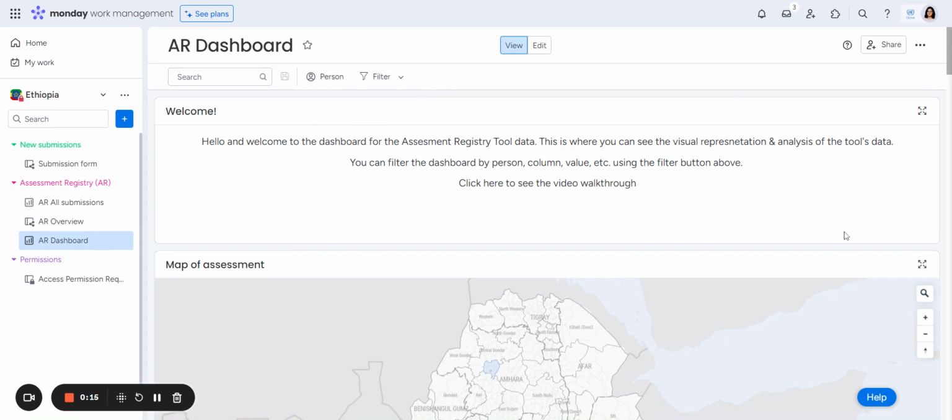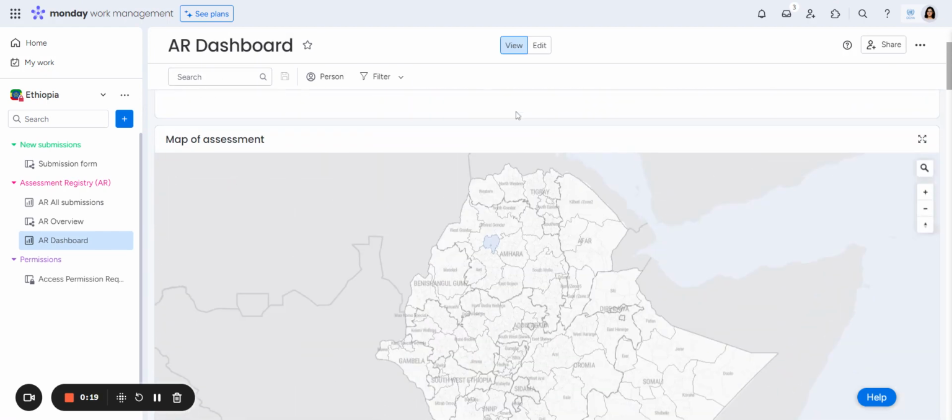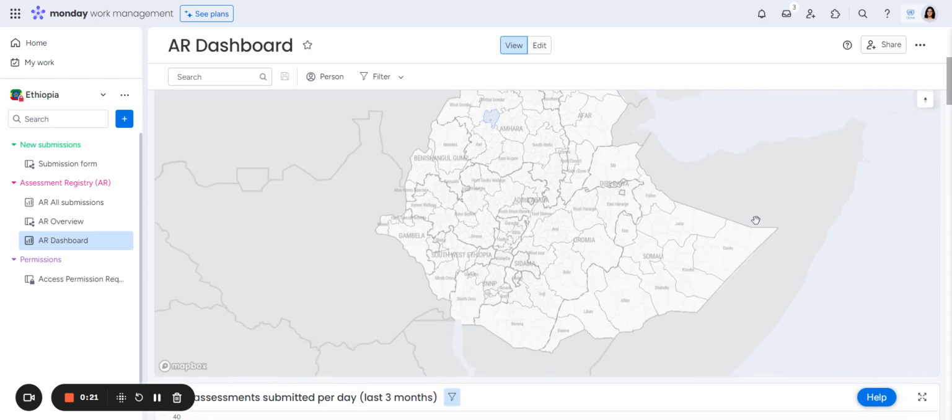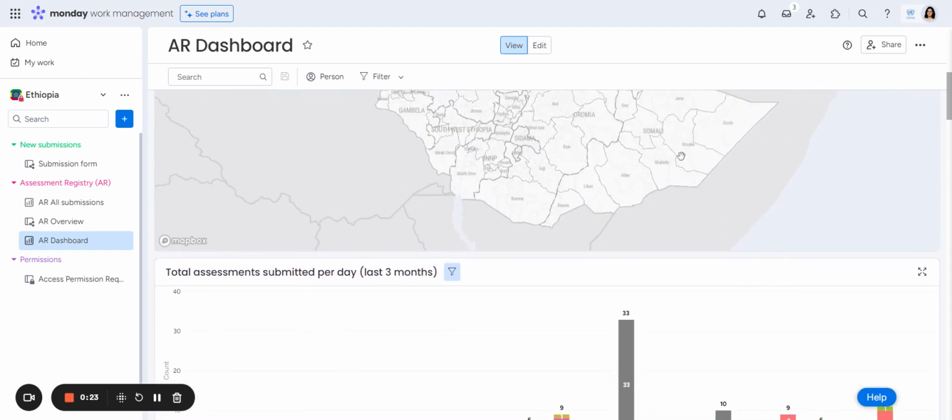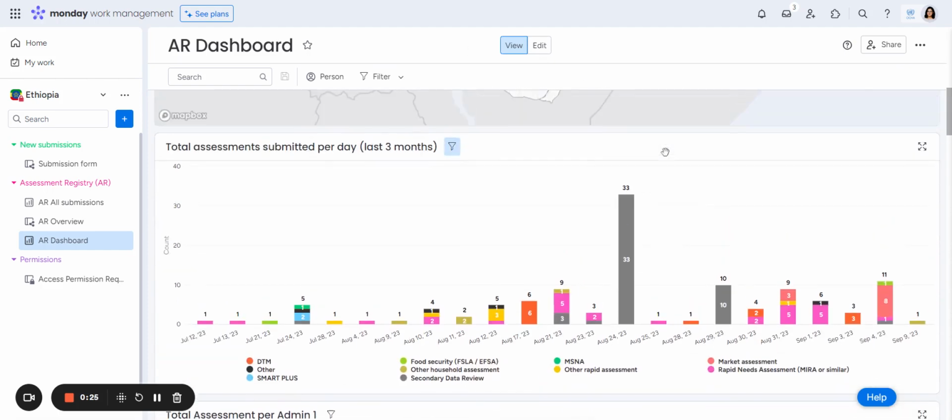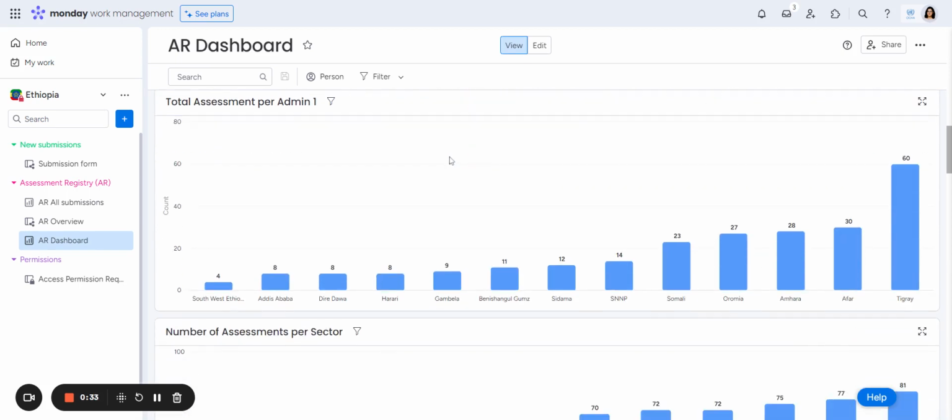So here in the dashboard, what we can see is first a welcome message. There is a map of assessment that puts all the data in front of a map. Then we have a widget that presents to you the total assessments that are submitted per day in the last 3 months, total assessments per admin 1 level,